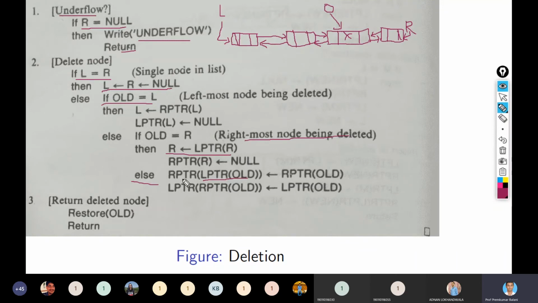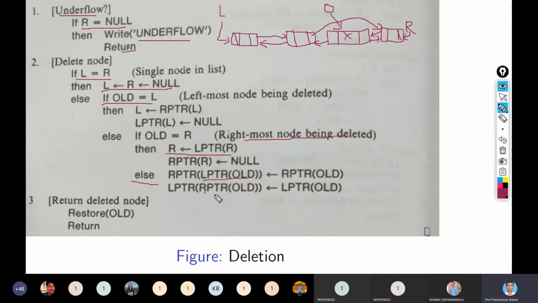And its right pointer, that means this pointer, so it would be overridden. So this pointer is equal to RPTR of old. So RPTR of old is this. It is pointing to this.